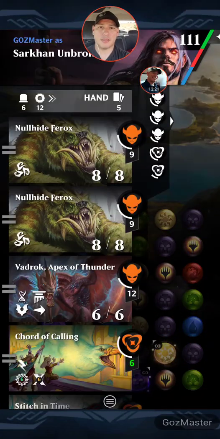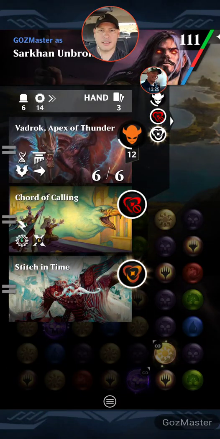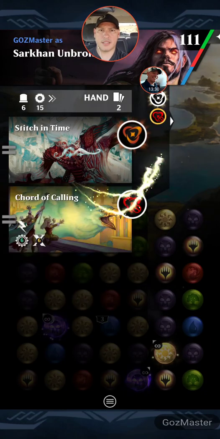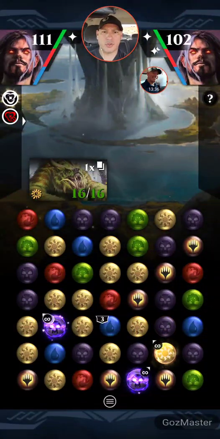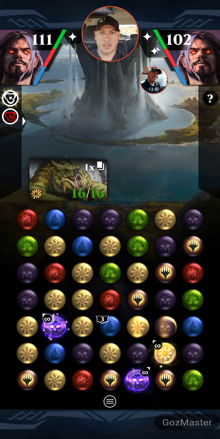And that allows me to control the board, and I can start swinging for 16. Oh, and I got an extra swap, too. All right, so I don't need that. I don't need that. I do need that. And I do want to get that Quarter Calling out. I don't need another Vadrock. We want to go get... Is this another Stitch? It is a Stitch. So now I've got the control game running strong right now. I can actually go out and build up my...